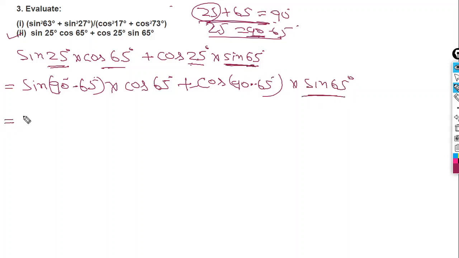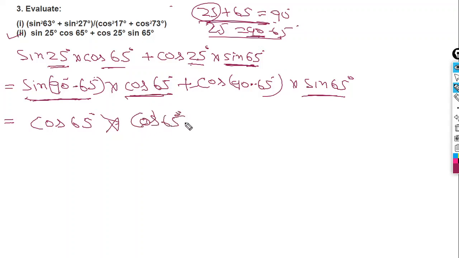Now sin of 90 minus 65 is cos 65, so write cos 65 degree into cos 65 degree, plus, now cos of 90 minus 65 will be sin 65, so write sin 65 degree into